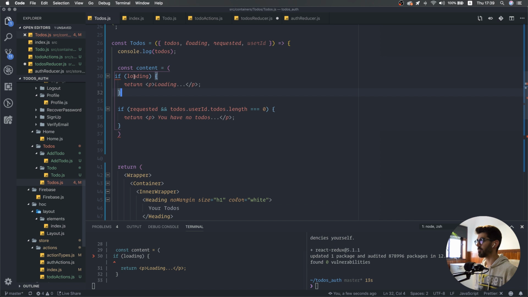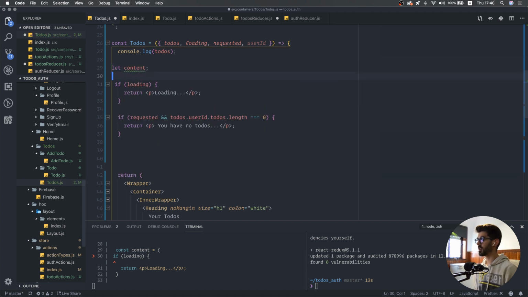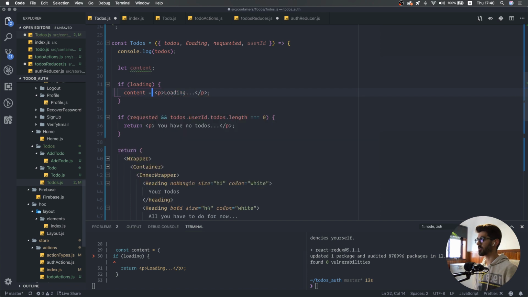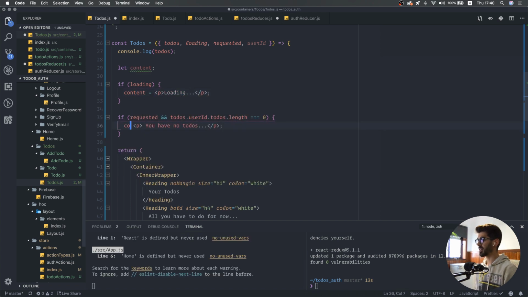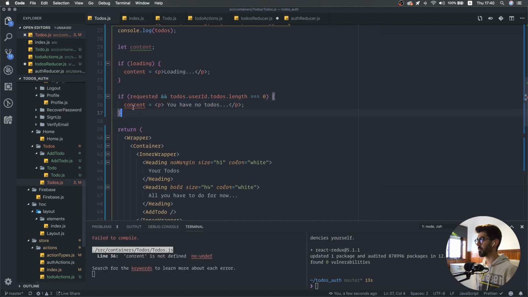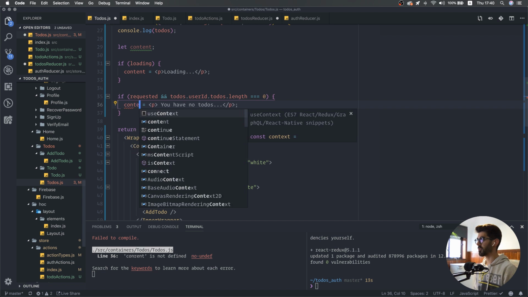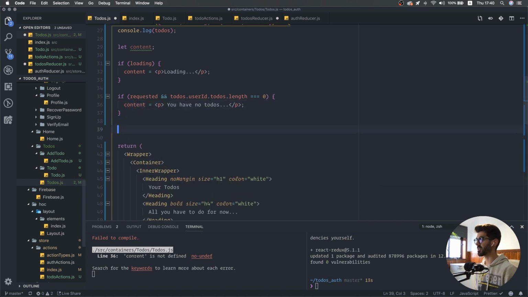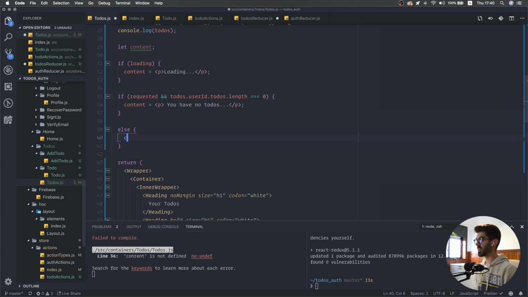and now, of course, we can't use this here. So we can basically do it like, yeah, we can do this. We can, for example, say let content, okay, and if loading, then content will be equal to this. Otherwise, we will render our todos here later. So else we can say content equals to